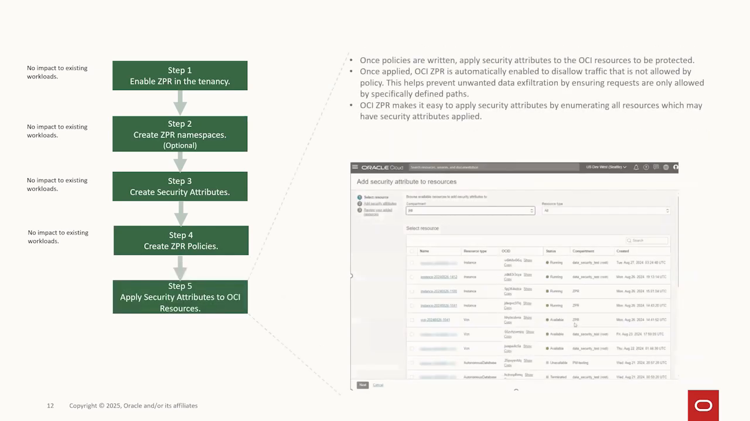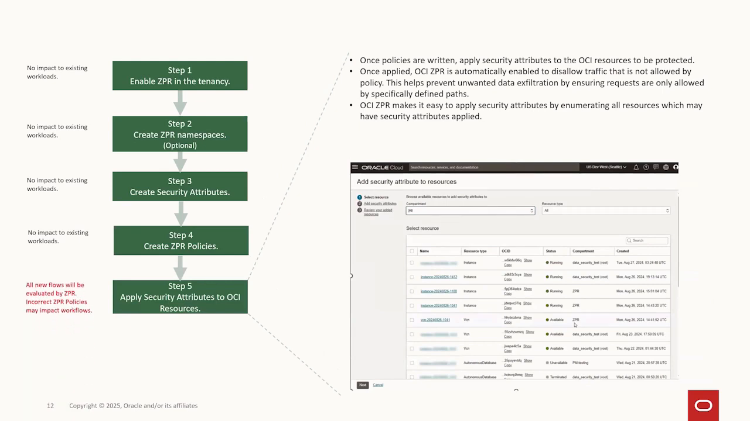Now, once you start applying security attributes in step 5 to resources, that's when you have to be careful, because the moment you apply that security attribute to a resource, that's it. The Zipper engine then automatically enforces those policies that reference these attached attributes. And you can see here in this screen, I'm listing all the instances in a particular compartment within my tenancy, and all I need to do is click on that instance and then attach the requisite